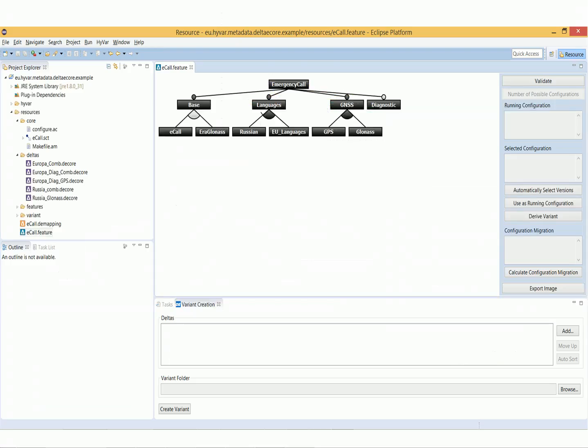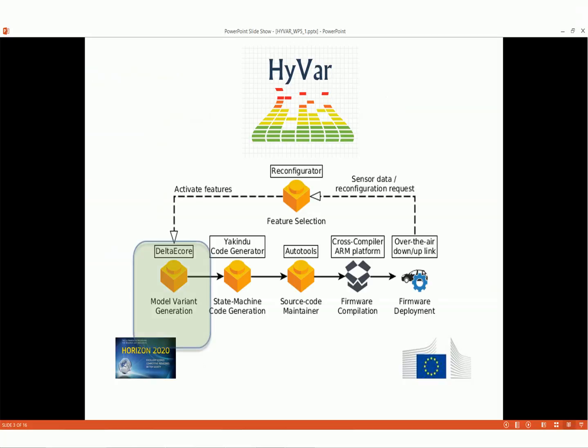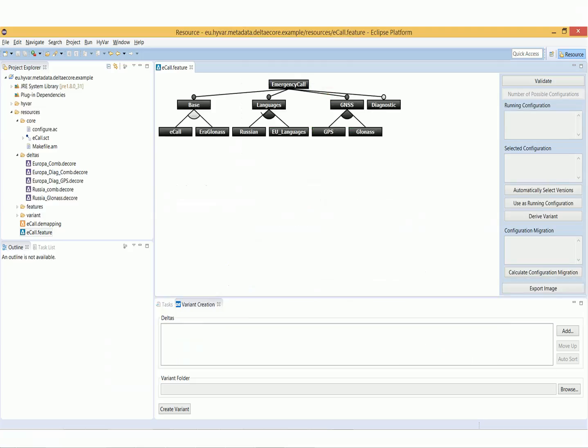The process starts with the definition of the feature tree for our software product line, the so-called feature model. For this scope, we are using Eclipse Modeling Framework technology with the DeltaEcore plugin. The set of all possible features is explicitly known, making it possible to determine all valid variants.